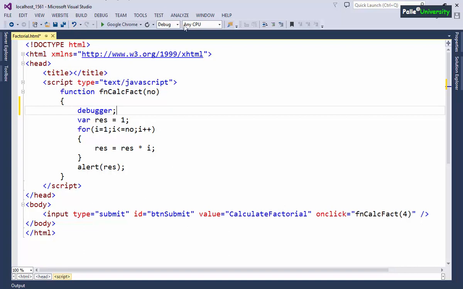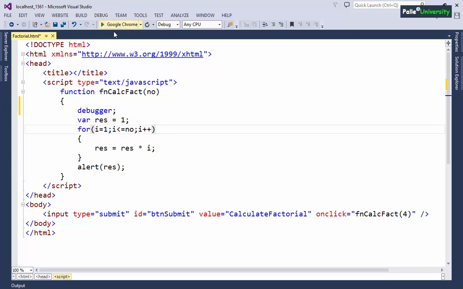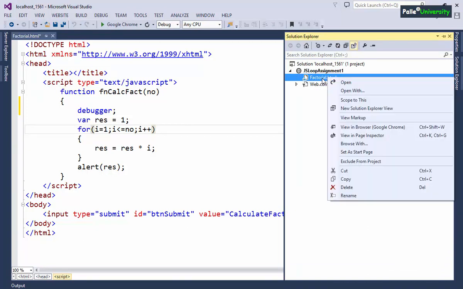Observe carefully, in my Visual Studio, the default browser on my computer is Google Chrome only. You can see Google Chrome getting highlighted in my Visual Studio. In case you want to send the page output to some other browser, you can change the options here. In my case, I wanted to send this entire page code to the Google Chrome browser, and moreover Google Chrome is the default browser on my computer. Either I can right click on this page and click on view in browser Google Chrome here, or otherwise I can click on this. Both options are the same.